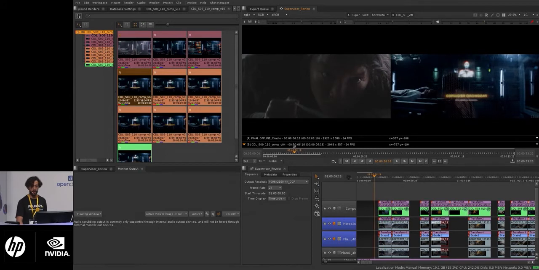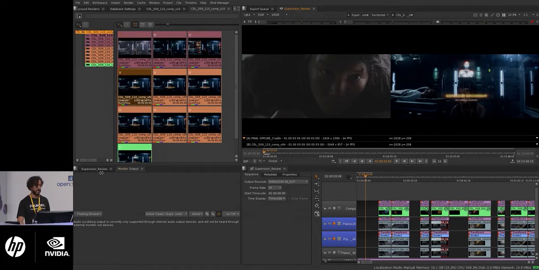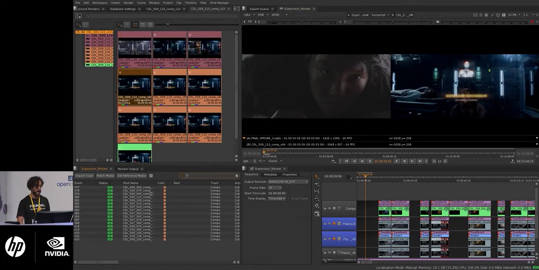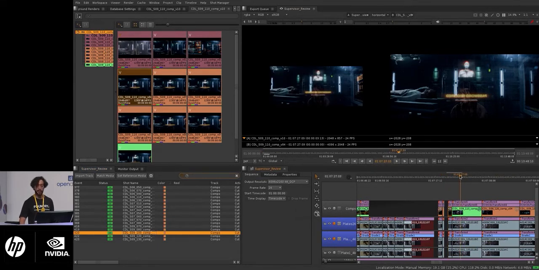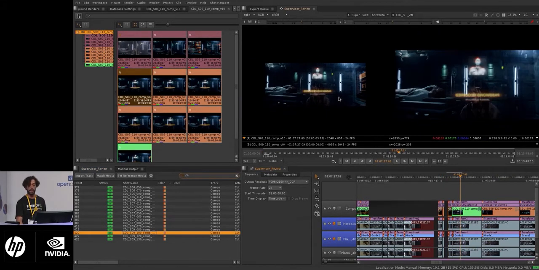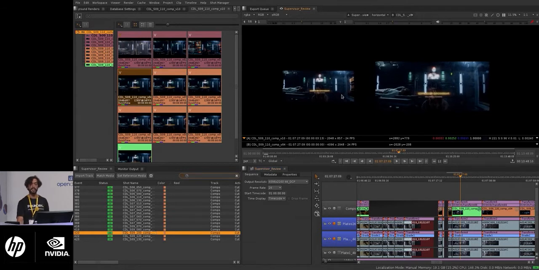So let's say I want to look at when she's looking forward. I want to see her looking front. And I'm going to control my A buffer, and I can find the shot that I was working on. And I can say, you know what? I think it's shot S9. So I'm going to go into S9. Let's just alt click, and I'm on my shot here. So now I can compare the two shots. I can zoom on them, right? Can do different things. The important bit of this is that I can actually do this through the monitor out,